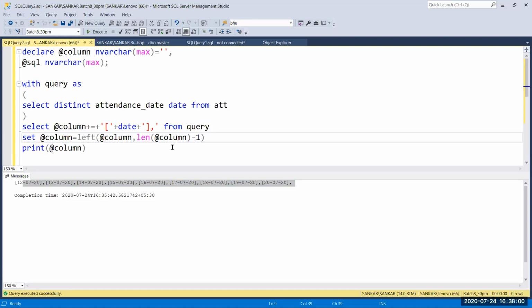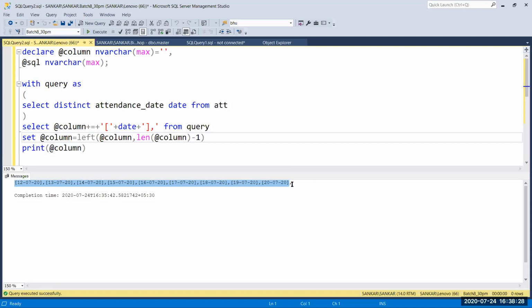So the length function is used to calculate how many characters are in @column. Then the -1: if the length of @column is 44, then -1 gives 43, and the value will be printed up to that only.